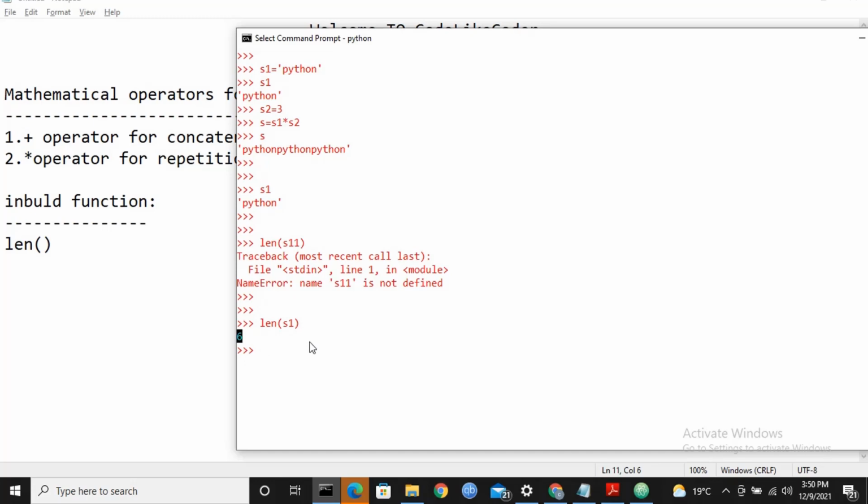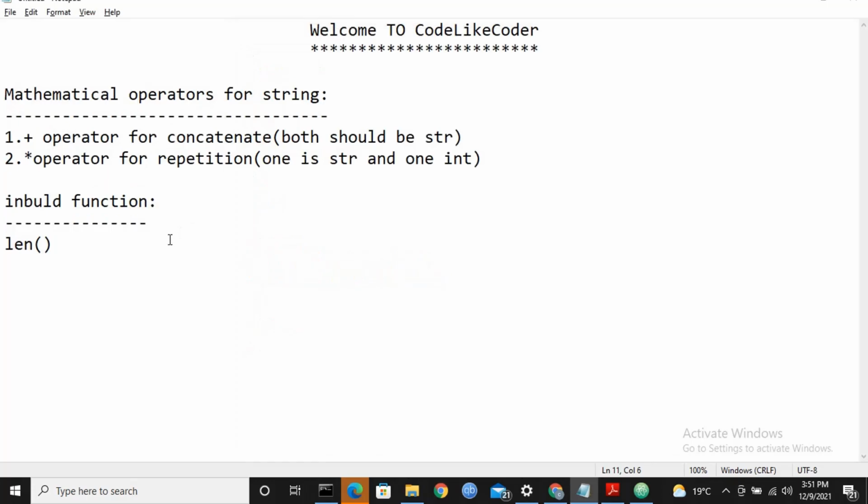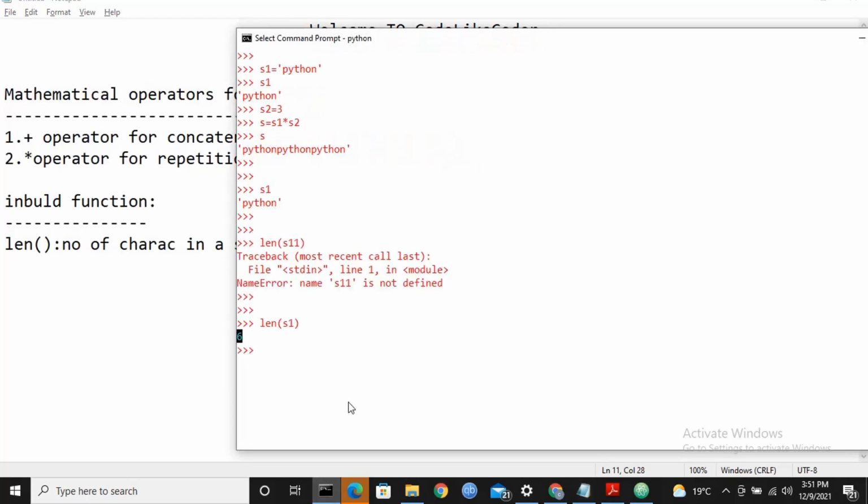So what is the length function doing? It is just counting the number of characters in a string, correct? Just verify here: 1, 2, 3, 4, 5, 6. Here we are getting 6.